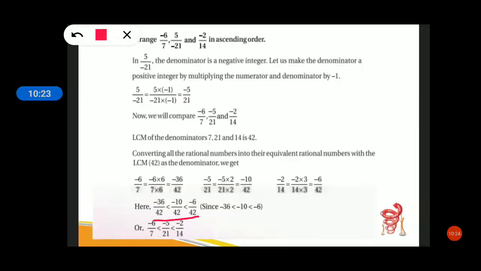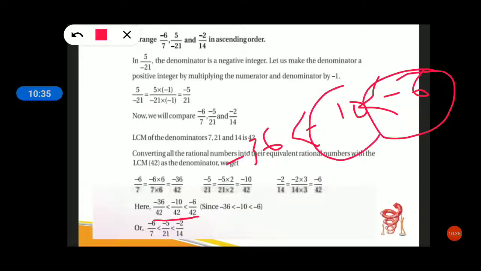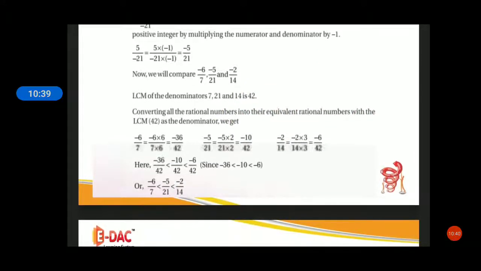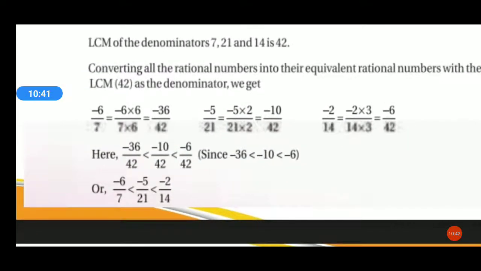Now what you need to do, you just compare that. Now all are negative, so just check which will be the nearer to zero. This is the greater number, -6 will come first, next -10, next -36. So -6 is the greatest number, next greatest number is -10, then -36. You just write this in the ascending order. See here, we have written in the ascending order. First -6, then